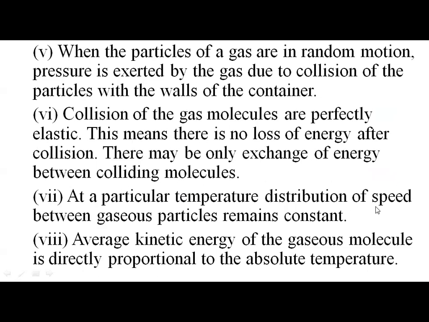At a particular temperature, the distribution of speed between gaseous particles remains constant because the average kinetic energy of the gaseous molecules is directly proportional to absolute temperature. And we have even seen the kinetic equation on the basis of these postulates. What was the kinetic equation we have seen? PV is equal to 1 by 3